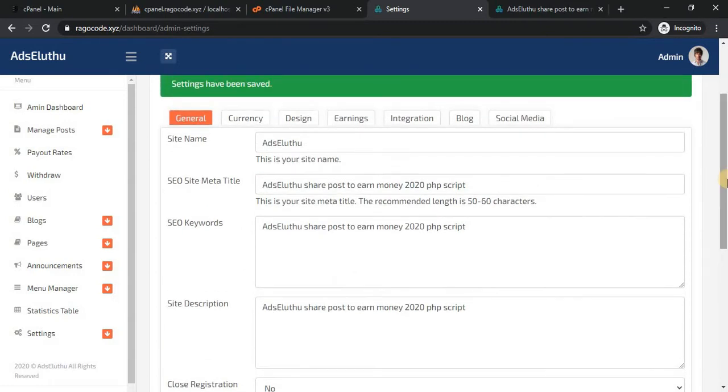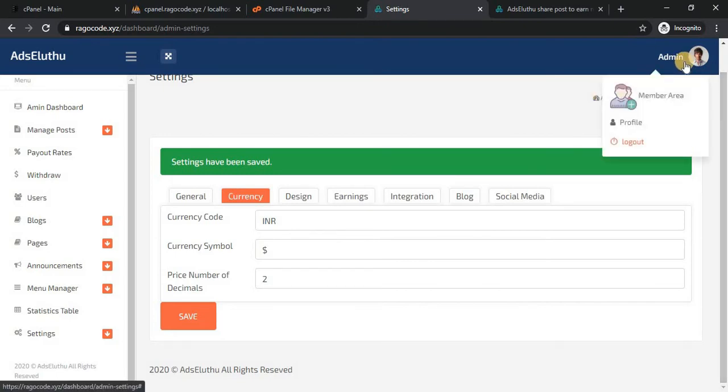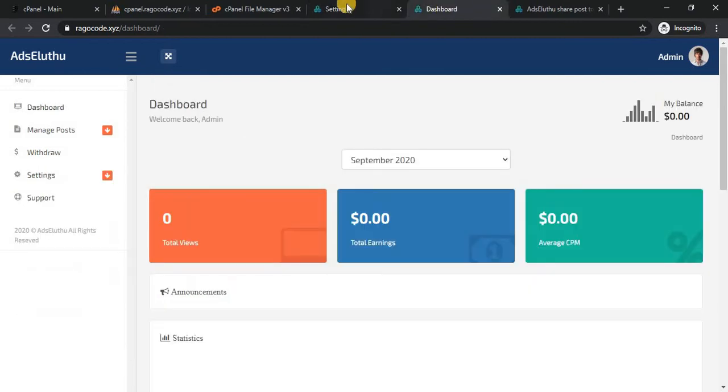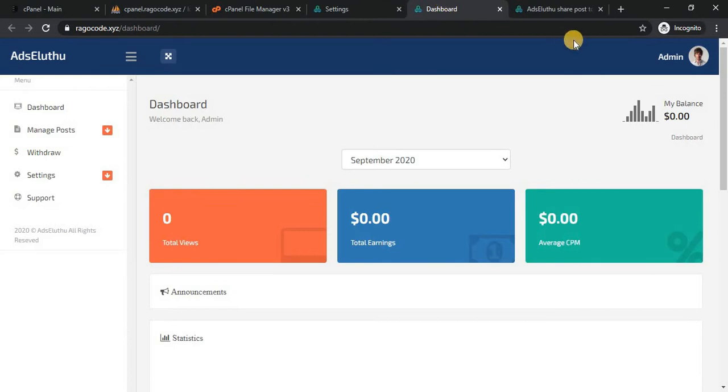And another category is currency. In this category, the currency is mainly used all across the script. Wherever you see the dollar currency, like money values, all the money values are set here. The currency value is displayed in your admin dashboard, withdrawal, and user publisher dashboard, in all areas.